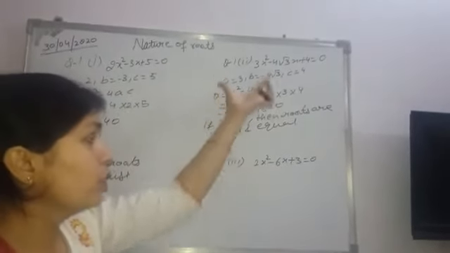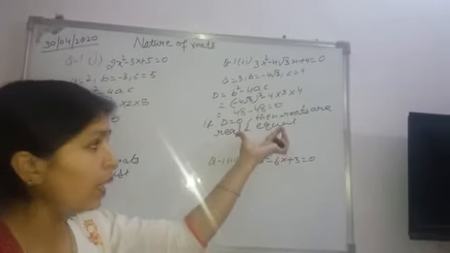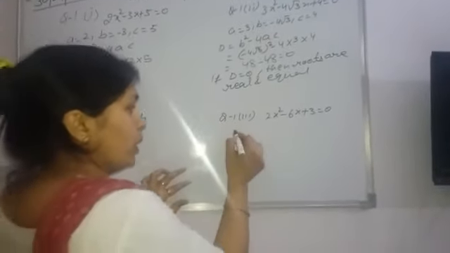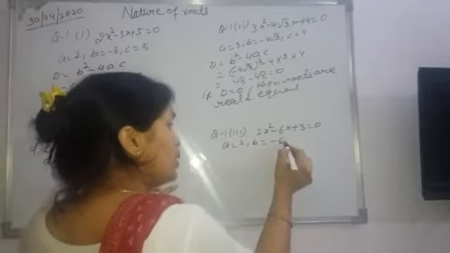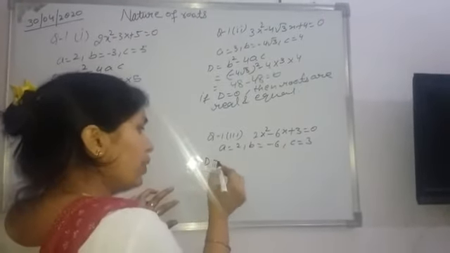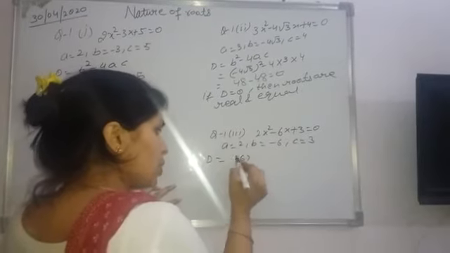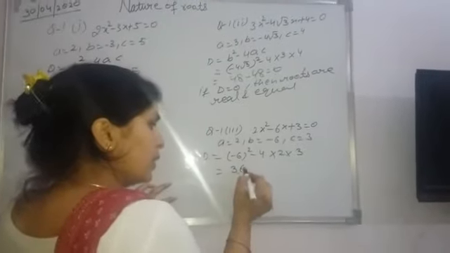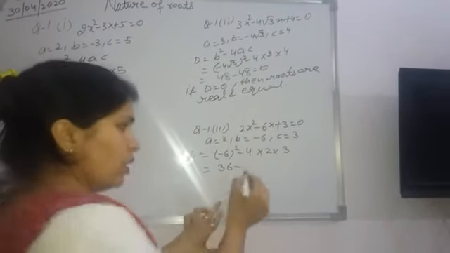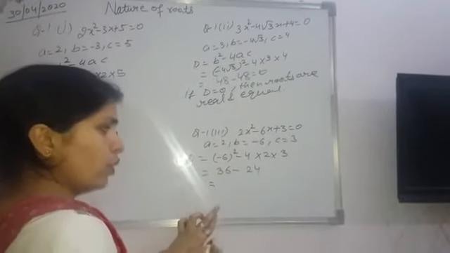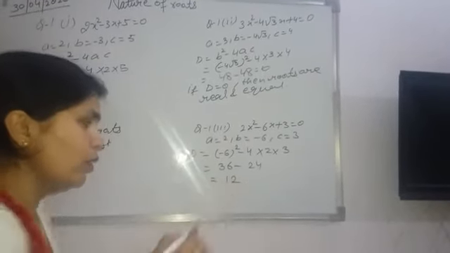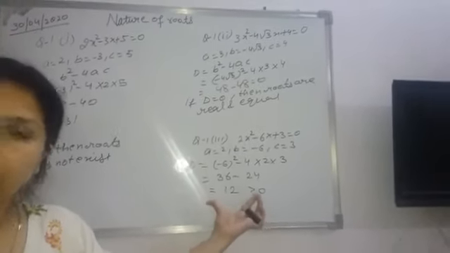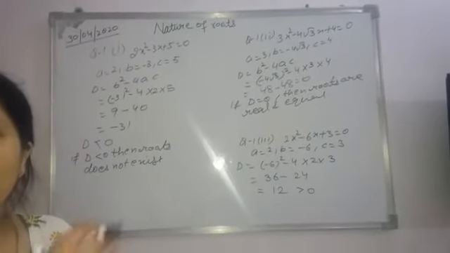And then you can find the values of these roots with the help of the quadratic formula. Okay. Now the next part, again we want to check. Here a is equal to 2, b is equal to minus 6, c is equal to 3. Find the value of D. D is equal to b square minus 4 into a into c. Minus 6 square is 36, 4 times 2 is 8, 8 times 3 is 24. 36 minus 24 is 12. So 12 is a positive value. So what is the nature of roots? Roots are real and unequal. So these are the conclusions about these values.